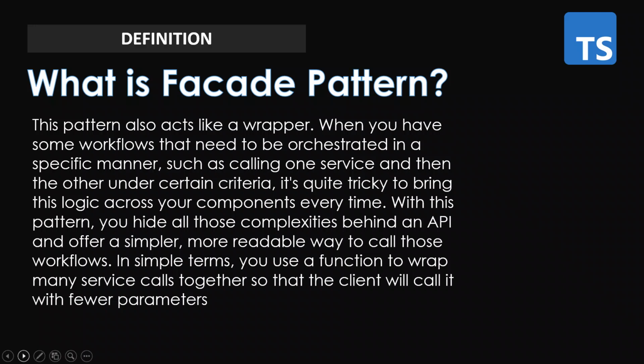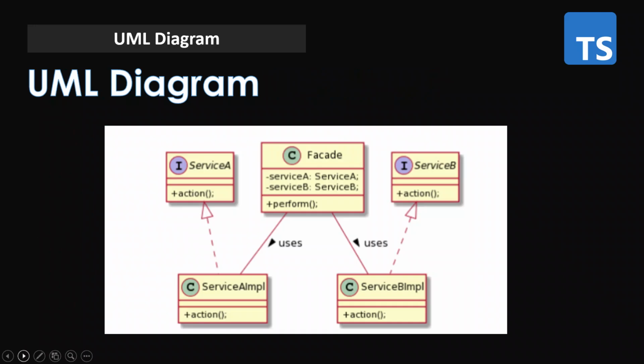Now let's see the UML diagram for it. This is the UML diagram. So here what happens is, as you can see, this is the Facade, this is the service A interface, this is service B interface, this is implemented by this, this is implemented by this. Now you want to use both of these. Okay, you want to use service A as well, you want to use service B as well. Let's say